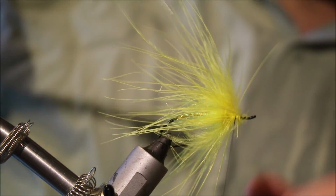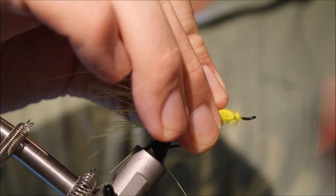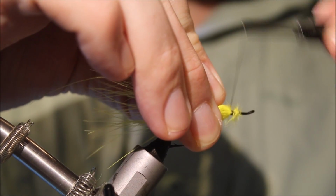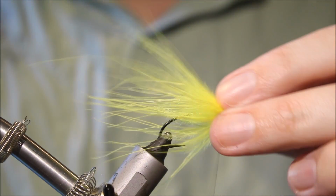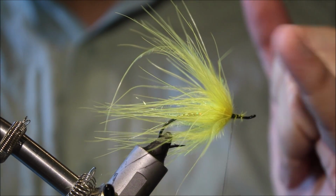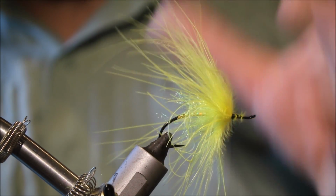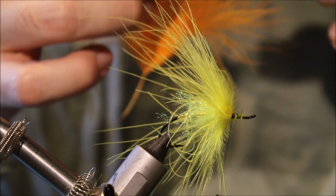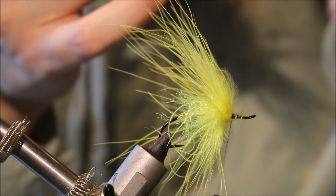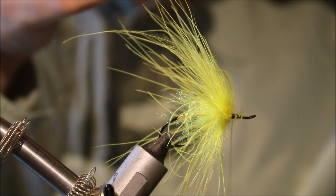you can get your brush to make sure you've not trapped any fibres or it's not twisted. Then you can secure that, tidy everything up, and you can see how that Marabou's kicking up because of the dubbing. Then we repeat it with our orange feather. Obviously, as I said, you can change the colour schemes